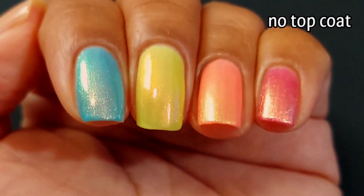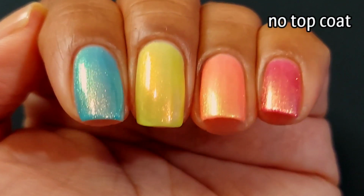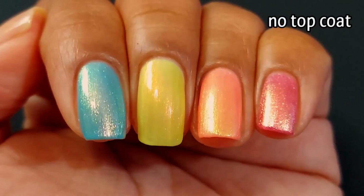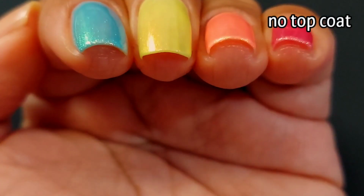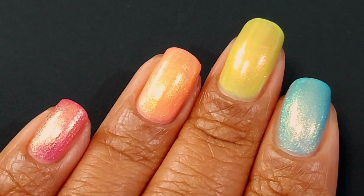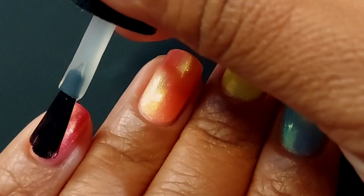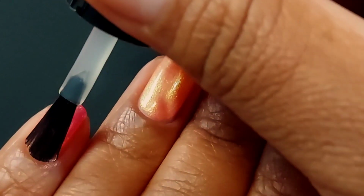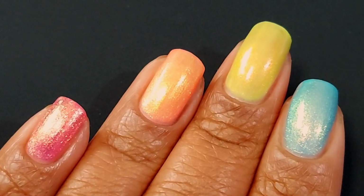So here are the brights of the collection all together in a side-by-side, no top coat yet. As you can see, they do come off pretty shiny, but when you add Clearly on Top by KB Shimmer, it kicks up the shiny